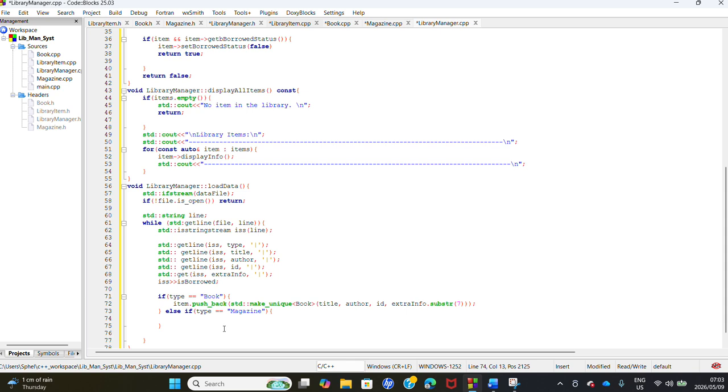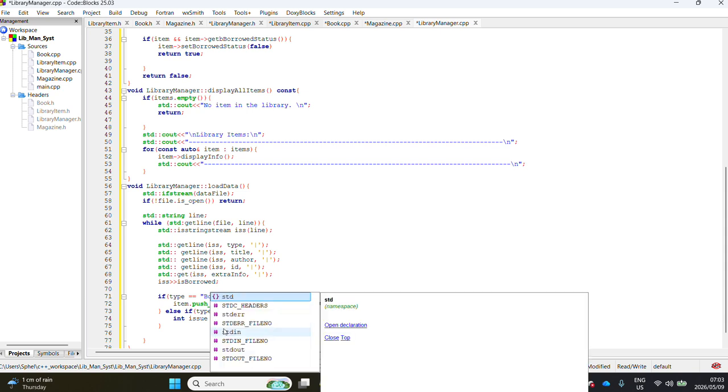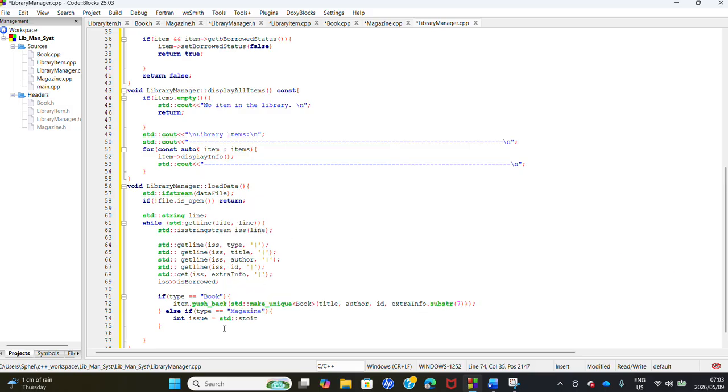we're also going to have the subtractor like in the book. 7 characters to be subtracted, but then we're also going to call a function called s2i, which converts a string to an integer. As you recall, we said earlier, for magazines the issue number is an ID, is an integer. So we're going to have an int issue, then we assign it std. Here's our function s2i, which converts the string to an integer. I call it the extra info function,